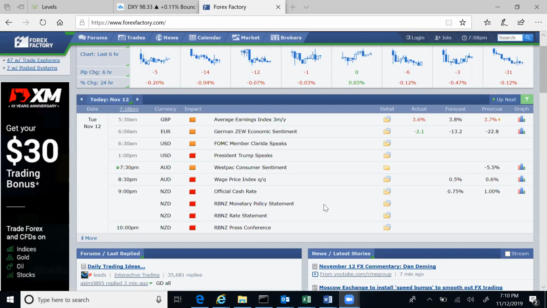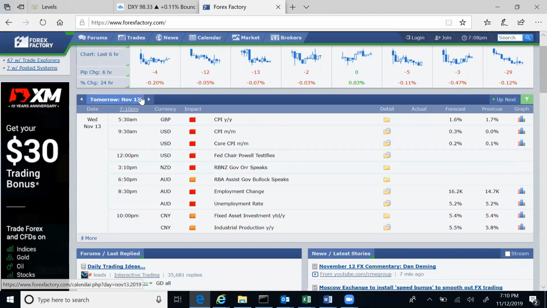Right? So if you don't understand NZD, for example, you want to avoid trading NZD for that day. For example, we have the cash rate on NZD, and you may not understand how that would affect the New Zealand dollar. So what you would do is say, okay, I am going to trade all other majors not including NZD, right? So that's just a heads up. That should help you as well. So please, because I know a lot of you guys forget to come here, right?